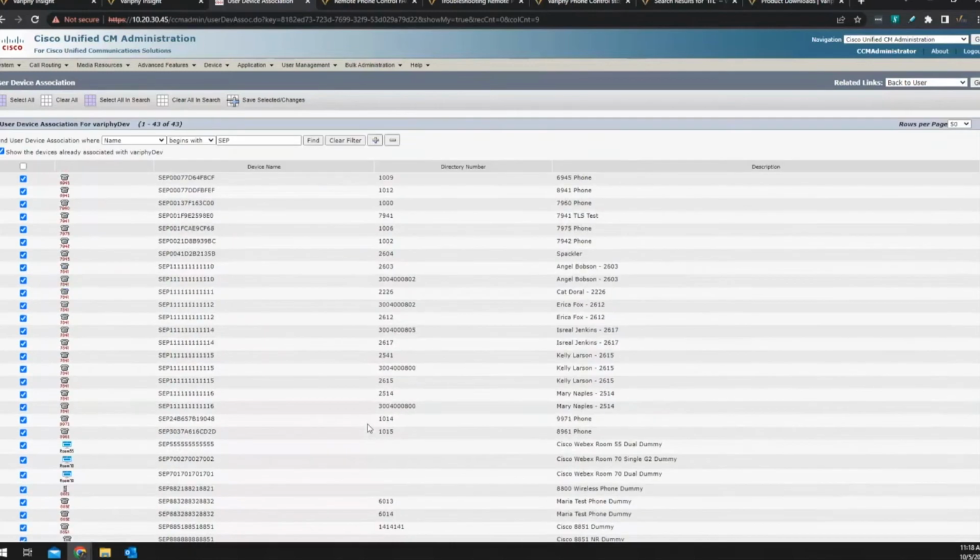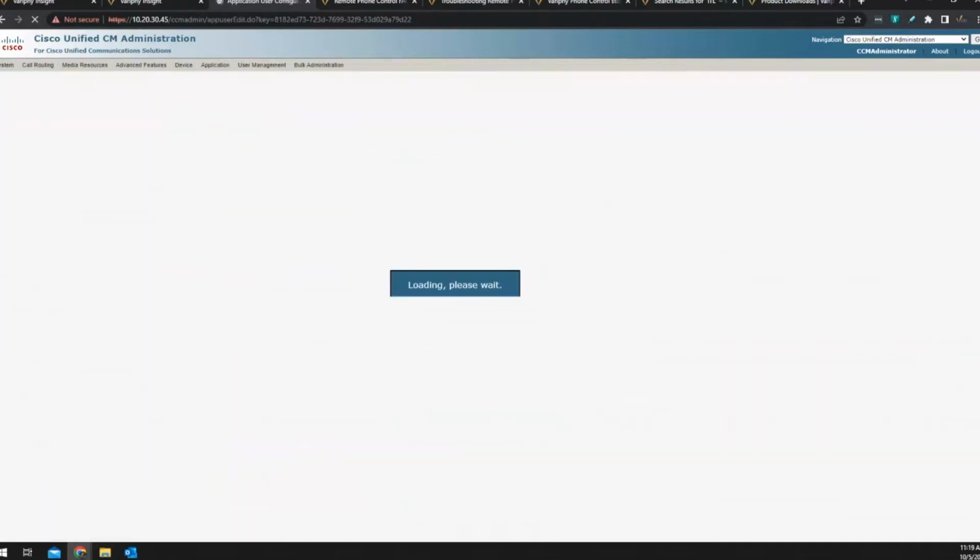That's fine. Basically you want to make sure that all the phones are added if you want to be able to control all the phones. And make sure that when you add new phones to your environment, you add them to this list as well, because unfortunately they don't automatically get put in there. You pretty much have to go in and add them manually to the list for this user. Let's go ahead and go back here.